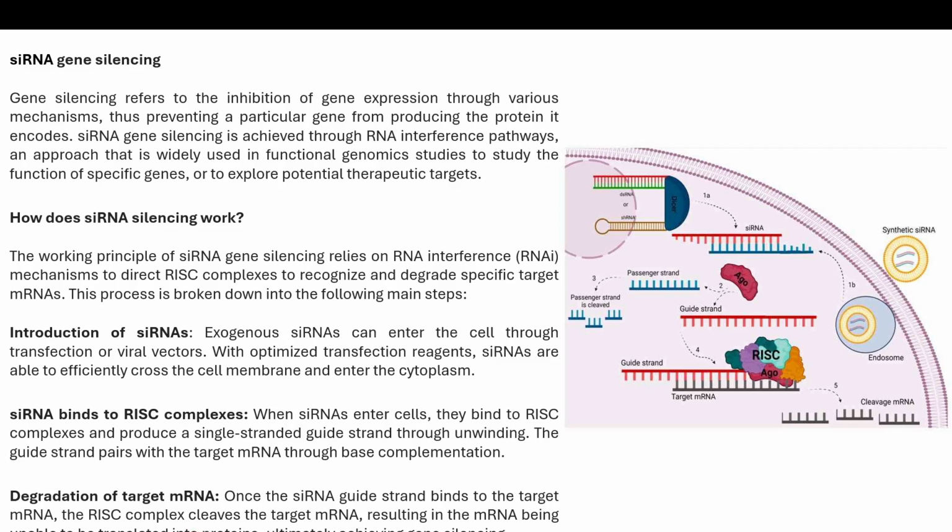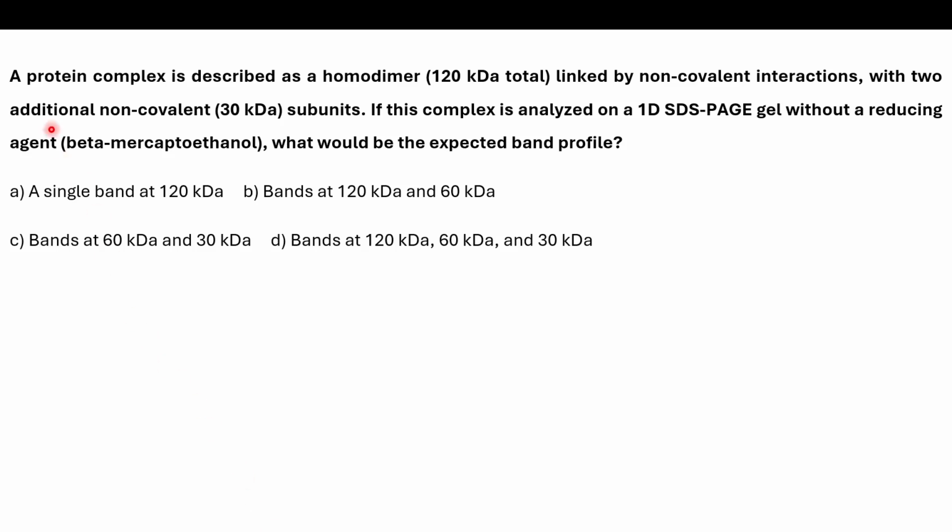hence achieving gene silencing. Okay. Next, a protein complex is described as a homodimer. Overall, the homodimer is 120 kDa in total, linked by non-covalent interactions, with two additional non-covalent 30 kDa subunits. If this complex is analyzed on a 1D SDS PAGE gel without a reducing agent, what would be the expected band profile? So if it's a homodimer,